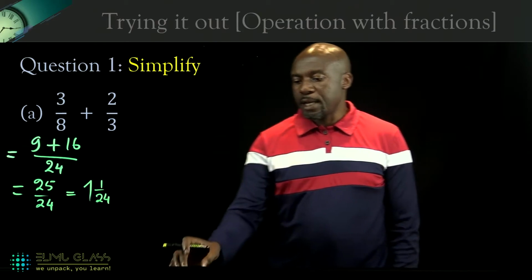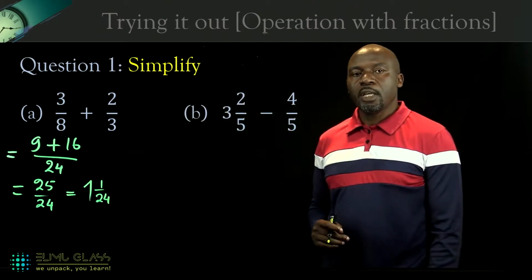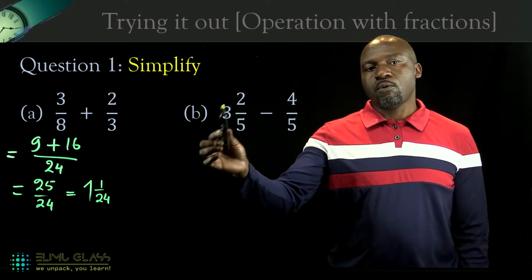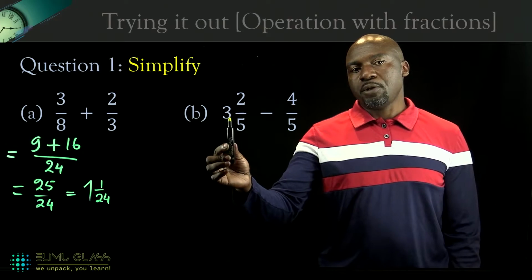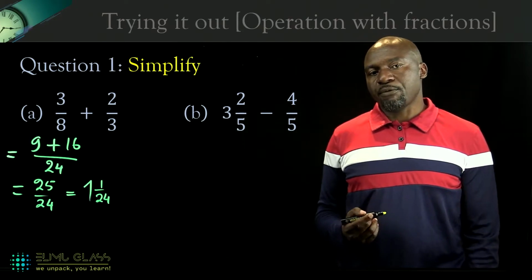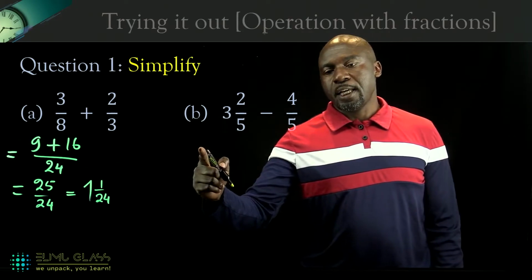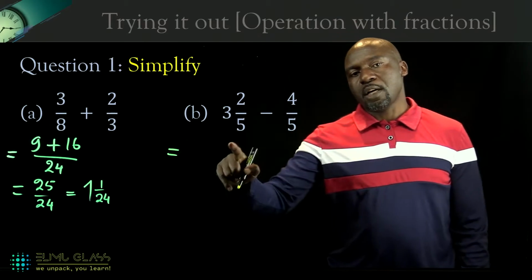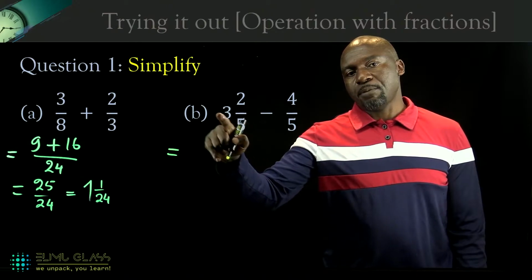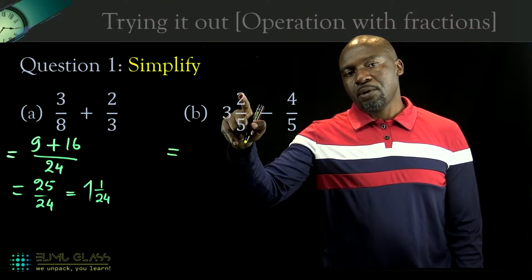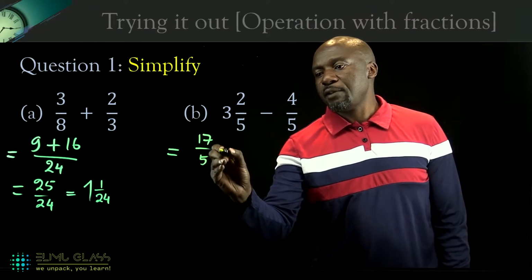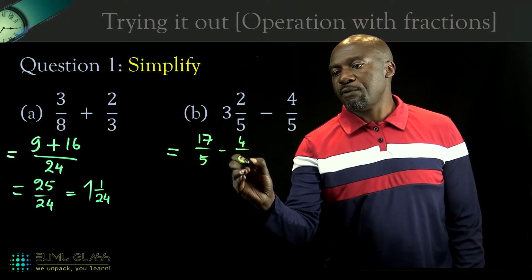Okay? The next one there is a difference. So you can see this is a mixed fraction. Before we subtract them, we need to convert this to an improper fraction. And so we can say here 3 and 2 over 5 becomes 5 times 3, which is 15, plus 2 there is 17. So we can write this as 17 over 5 minus 4 over 5,